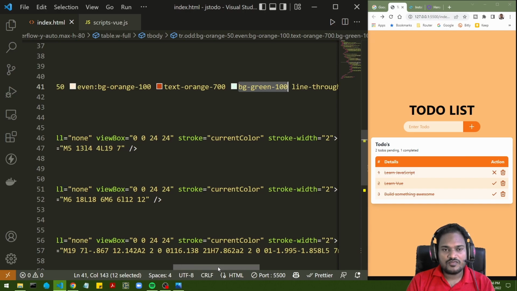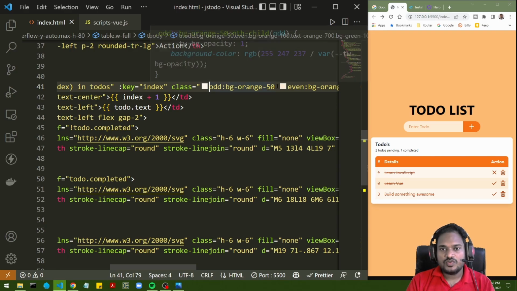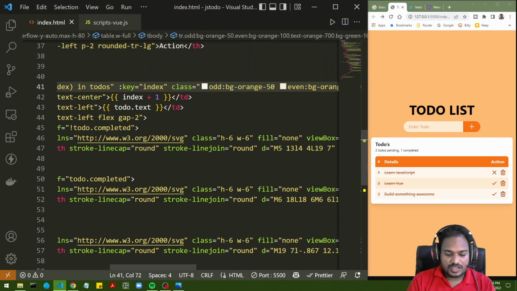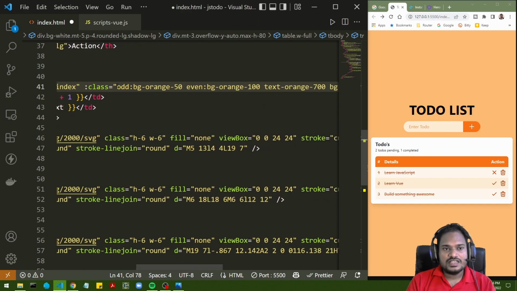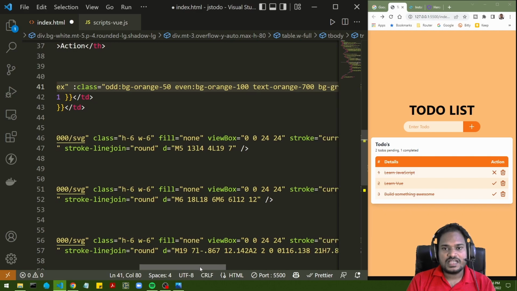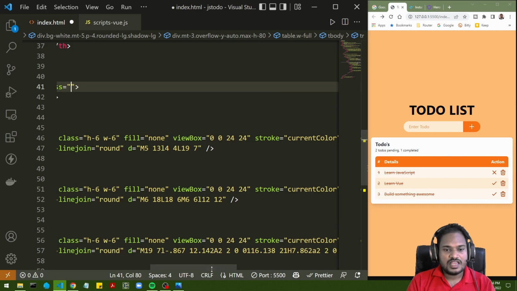Okay, so what we have to do is add a condition over here. So let's see how to do that. So first thing, I cannot add any condition or any JavaScript code over here unless I bind it. Okay, so I have to bind this parameter, and to bind it I just have to add colon in front of it. Now, once I add colon in front of it, any valid JavaScript can be put inside this text. Okay, so let me remove all this from here, and